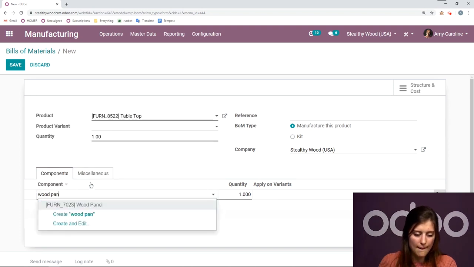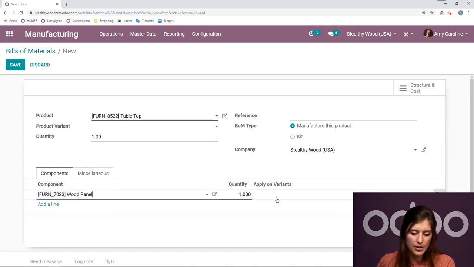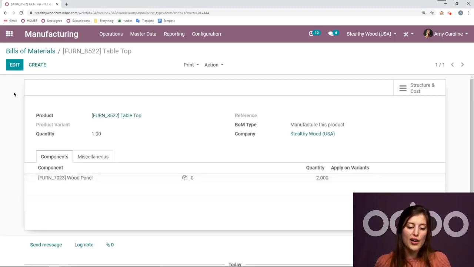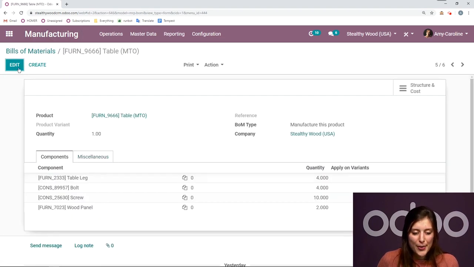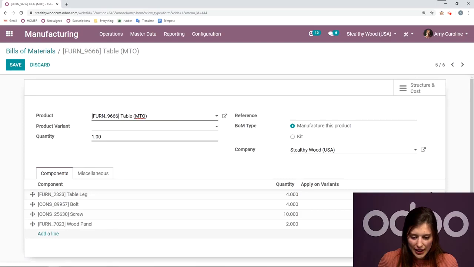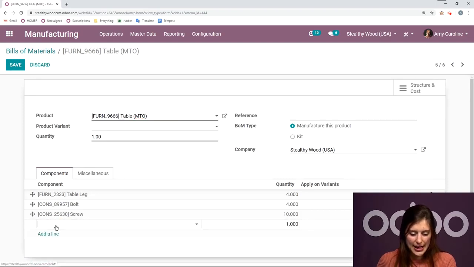Okay, and quantity 2. And then save. Okay, now that I've saved this, I can replace the 2 wood panels on the main BOM with my tabletop. So let's go back to the bills of materials, our make to order table. Okay, let's remove the wood panels with the tabletop